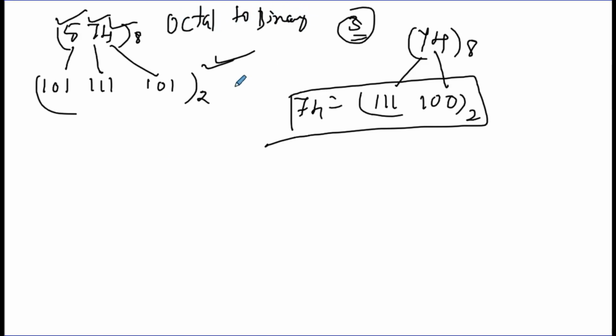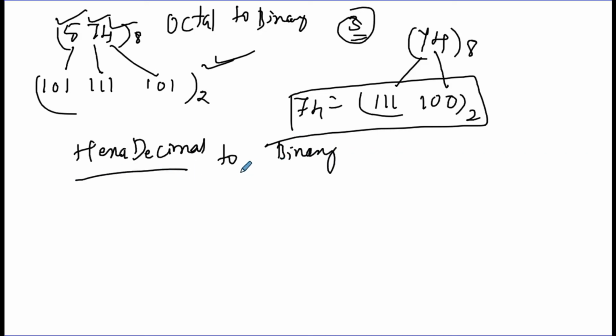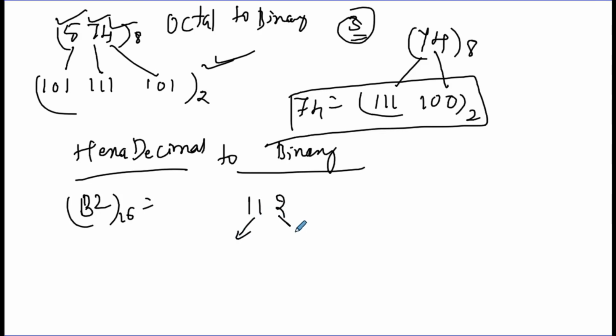Similarly we can convert hexadecimal to its equivalent binary. How can we do that? The same way, we already discussed how to convert that. Say for example, if I take B2, this is a hexadecimal number. How to convert this? First write the value of B. B means 11. 2 means 2. Write the equivalent binary number for this and for this, and you will get the equivalent binary number.